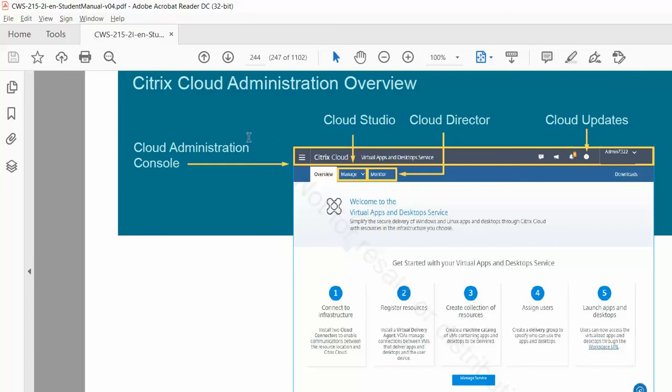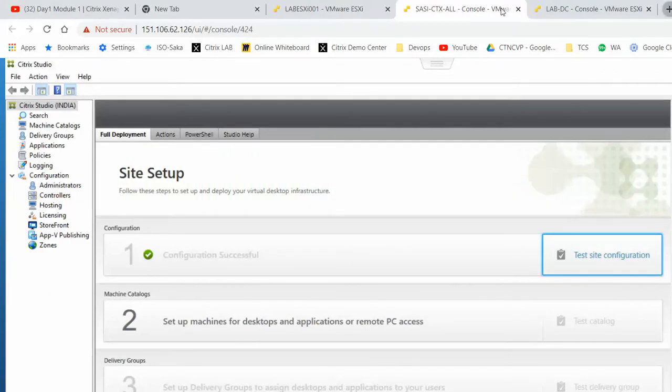From Citrix Cloud, everything is automatically configured before you join the company. You just have to create an account, open Manage, and you can work. That's it. You don't have to do anything. So the work is very simple in the cloud environment. As of now, Manage and Monitor, the Studio and the Director, are pre-configured in Citrix Cloud once your account is created. So how do you create a Citrix Cloud account?